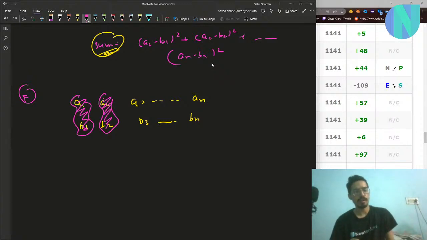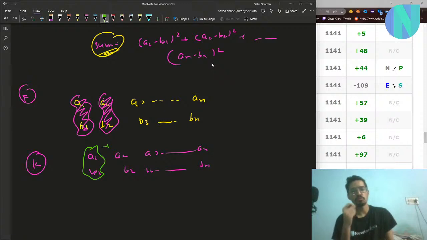And the second approach that I was thinking about was, with a1, a2, a3 and so on up to an, and b1, b2, b3 and so on up to bn: if there is k, choose the element that has the max difference and remove one from it, and again check for the max element and remove one from it. Now I had to check which one of my greedy approaches was working.